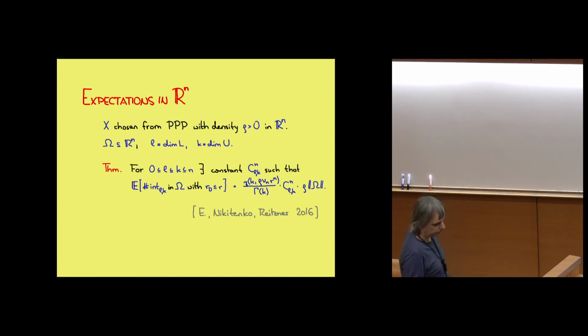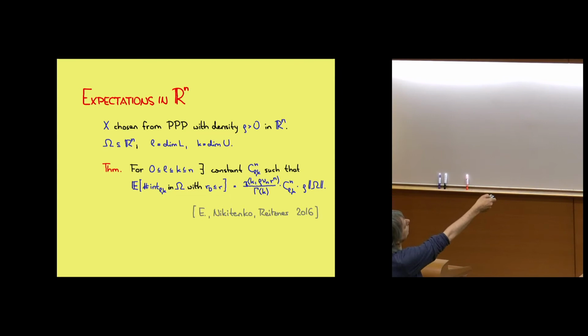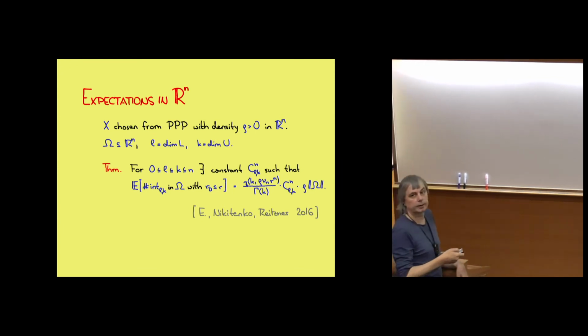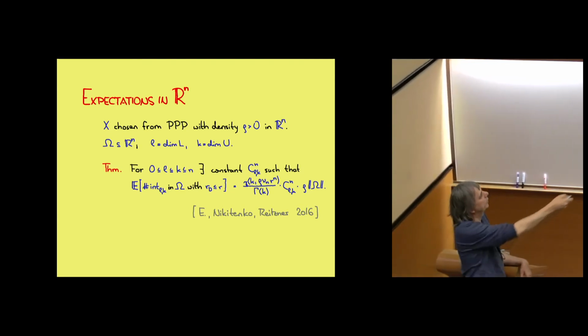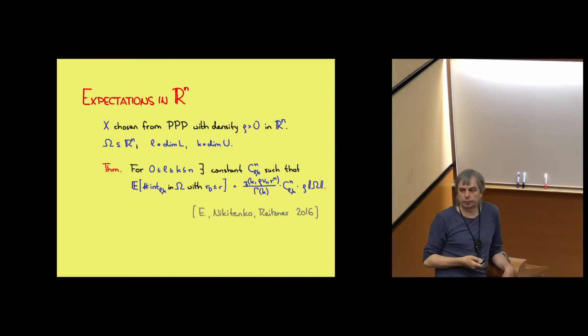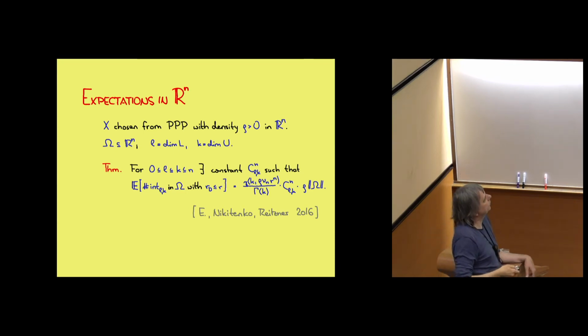Okay, so 16, we worked on this, and let's see what the result is. So the result is the expected number of intervals of this type, L, K, lower bound, upper bound, this is a ratio of gamma functions. I'll show you in a second what this is. C_LKN, those are the constants. These constants were known up to 3 dimensions, and now we know them up to 4 dimensions. And the last thing, rho times the size of omega, that's just the number of points that I choose within my region from the Poisson point process.